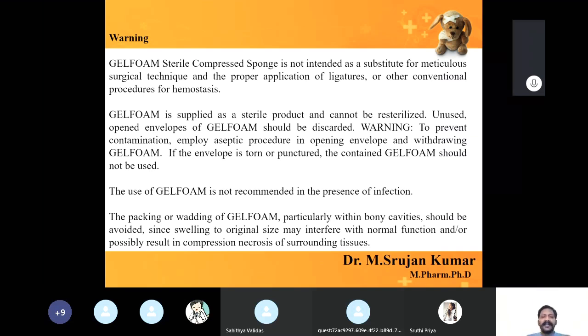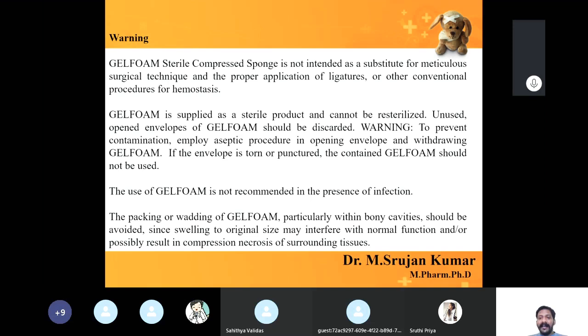Next, gel foam is supplied as a sterile product and cannot be re-sterilized. One more important thing: the gel foam has already been supplied as a sterile product, so you need not go for re-sterilization of your gel foam. Some people, with extra smartness, go for re-sterilization of gel foam. That should not be done. Unused opened envelopes of gel foam should be discarded. When you don't use it and the envelope has been open for a prolonged period of time, that gel foam should